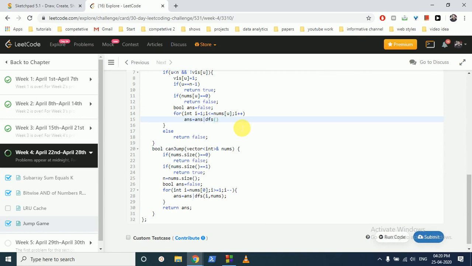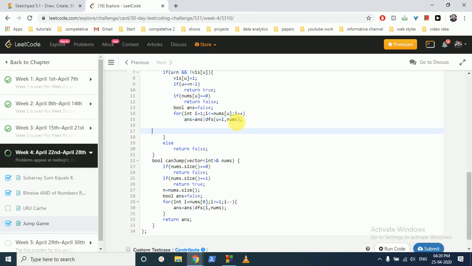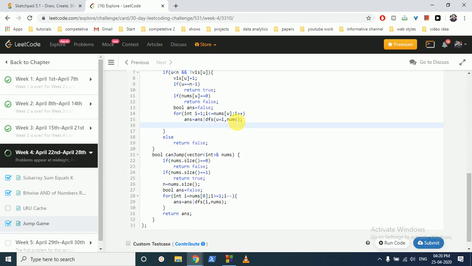So now we move from U plus I, because U is the initial point which we are at, and we jump I points ahead. And we have to also pass nums. And then answer stores the final answer.